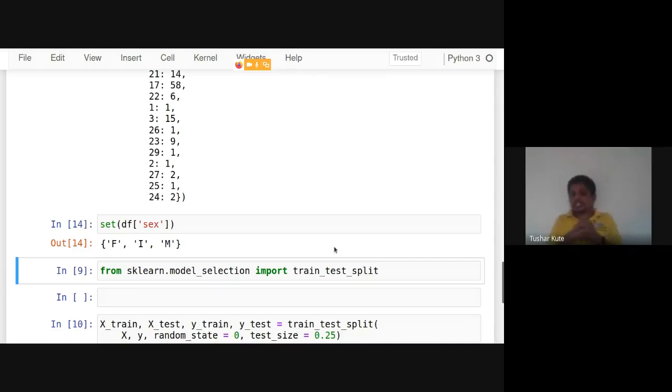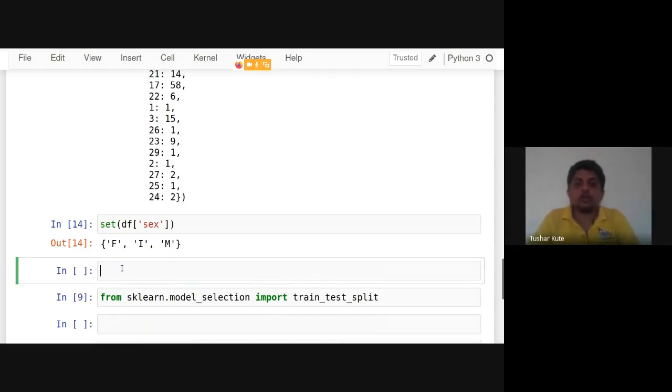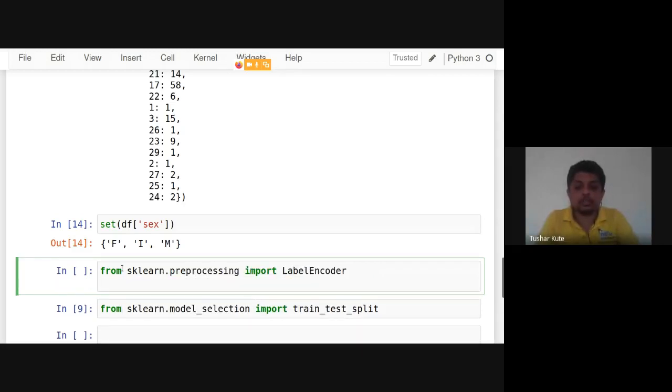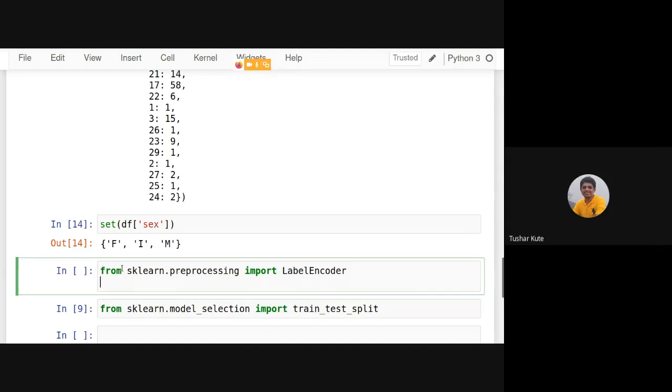Like in the previous example, we have to convert this variable into numerical format. To do this, we are going to make a pre-processing step of label encoding. See how to do it: from sklearn.preprocessing import LabelEncoder. Import the LabelEncoder class, which is used to convert data into label format.